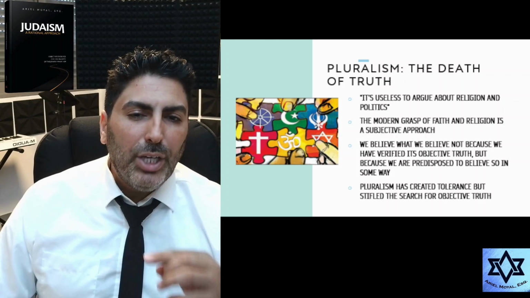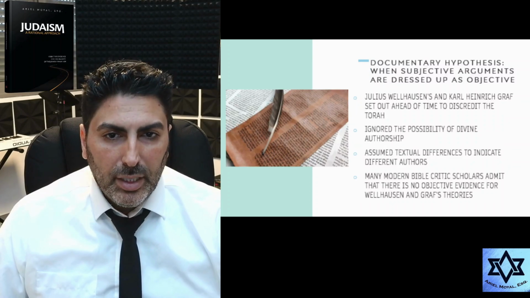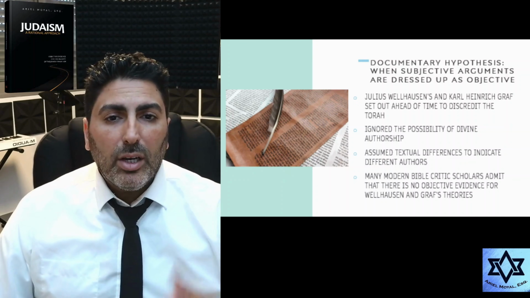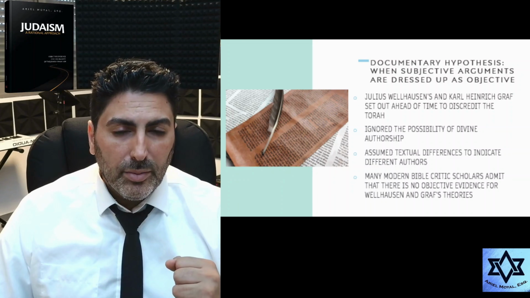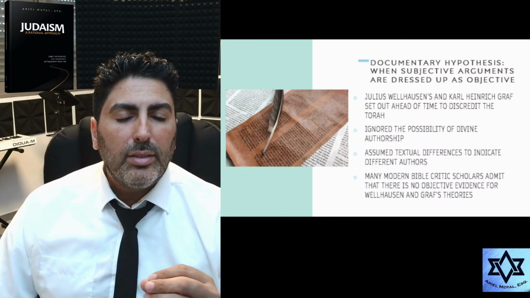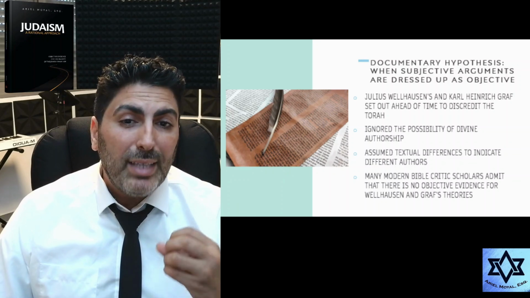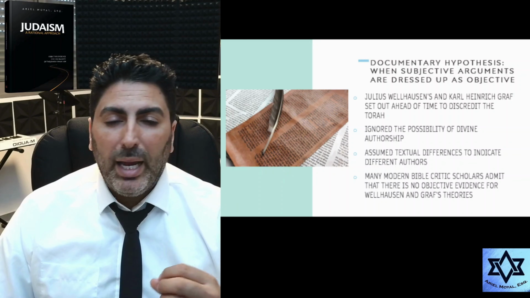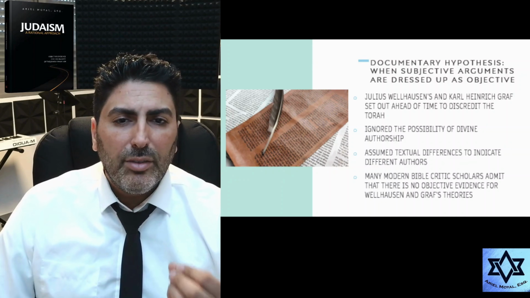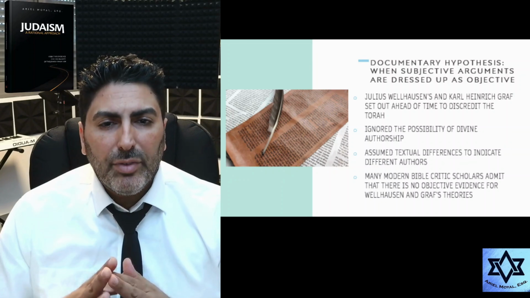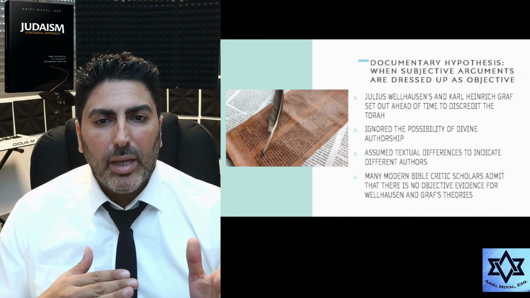And worse than this situation, where we can't easily recognize the difference between a subjective and objective approach, is when a subjective argument is dressed in a garment of objectivity. For example, the documentary hypothesis, more commonly known as Bible criticism. The documentary hypothesis is not a form of hard science, yet it is presented as such by academics all over the world. It's taught in universities as hard scientific fact. Now, there's hard scientific fact, things that are measurable in a lab. This is not one of them.